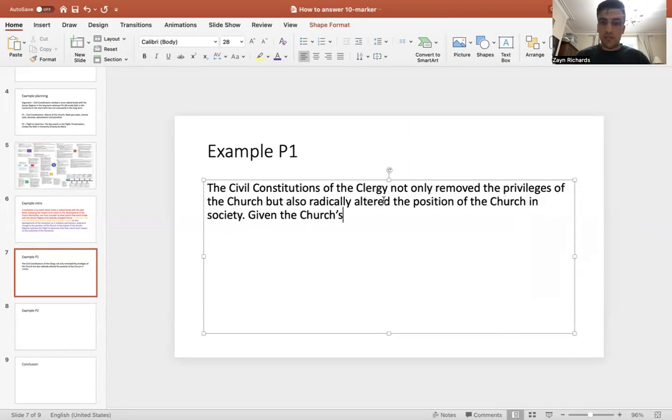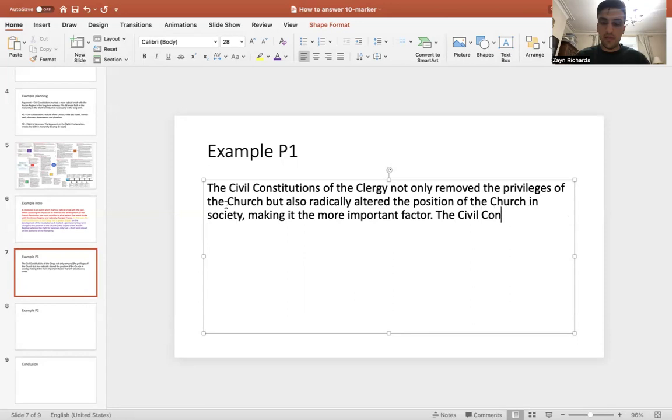Given the church's importance, in fact, we'll do that in our explanation. So basically, not only but also radically altered the position of society, making it the more important factor. Okay, so I'm then going to start by saying the civil constitutions,